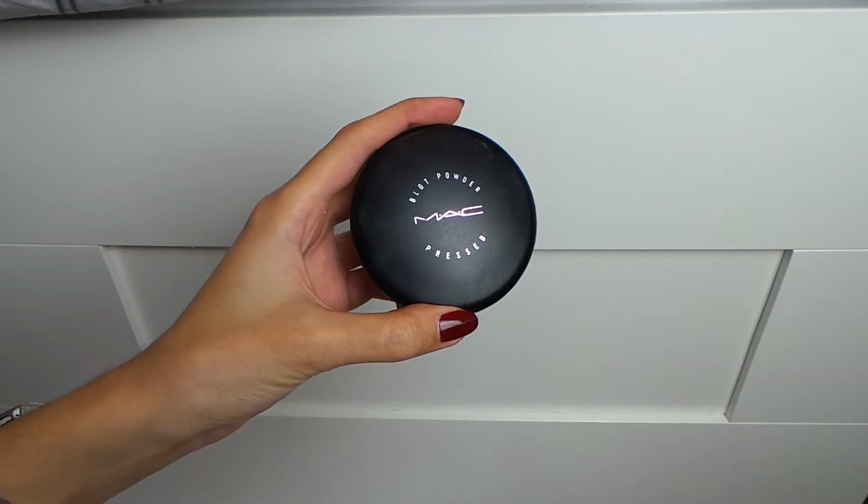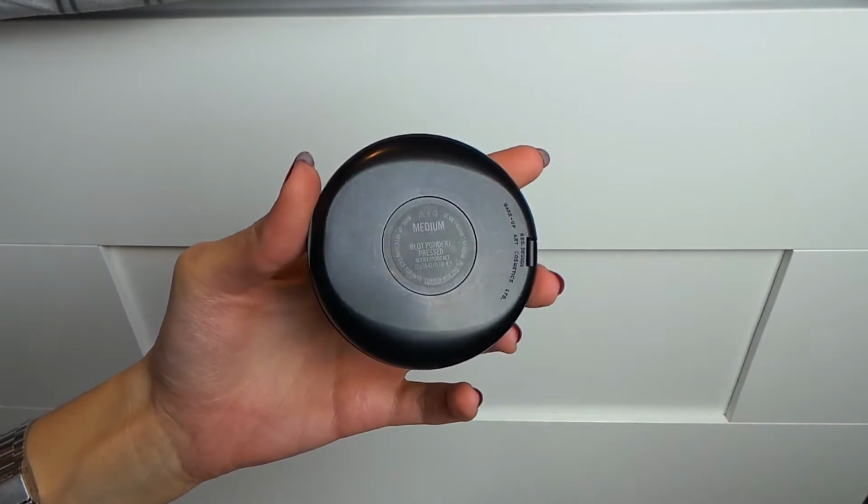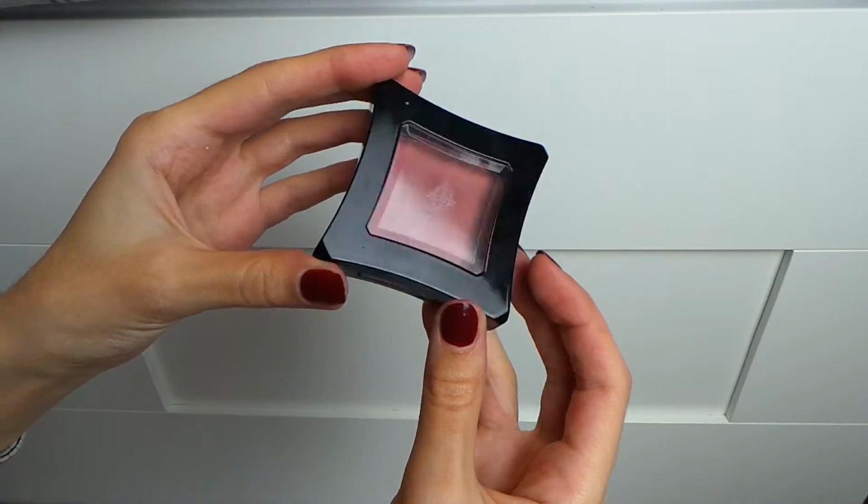Next makeup favourites has been my MAC Blot Powder. This is in the shade Medium, and it's just been perfect for keeping my makeup as matte as my skin will allow. Next item is another Illamasqua, and it is the powder blusher in the shade Beg, and it's just a really